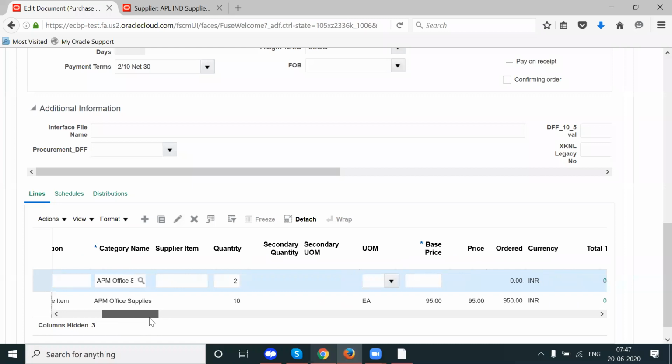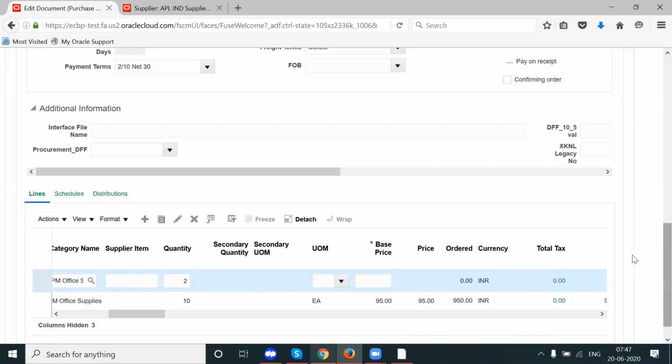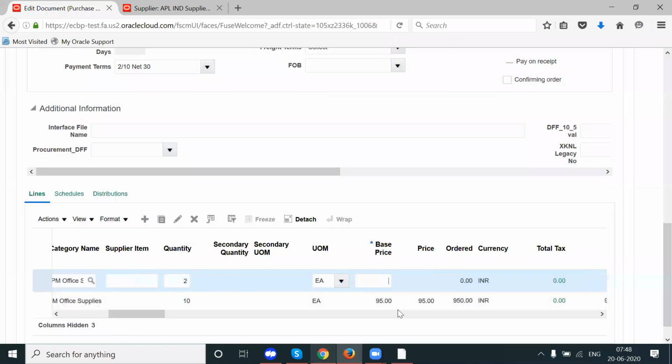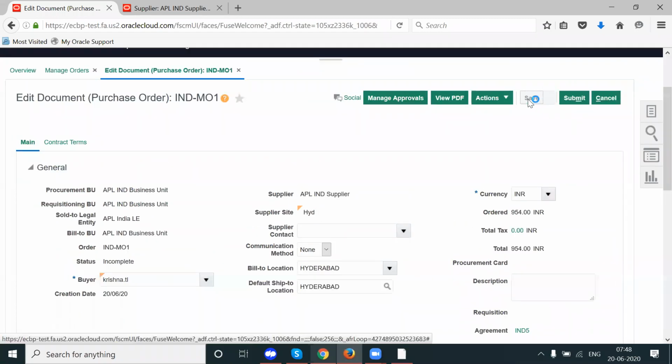So let's see what happens. This will be added to the total price. How much is it? 2.